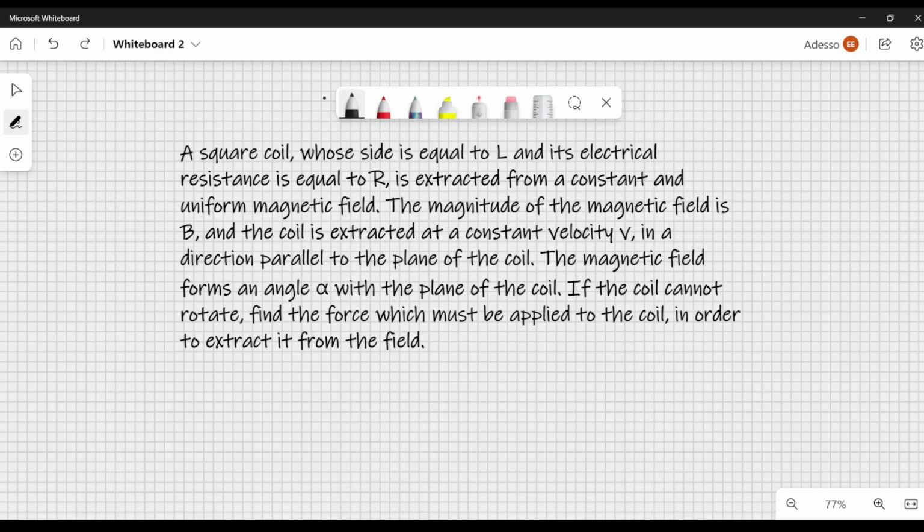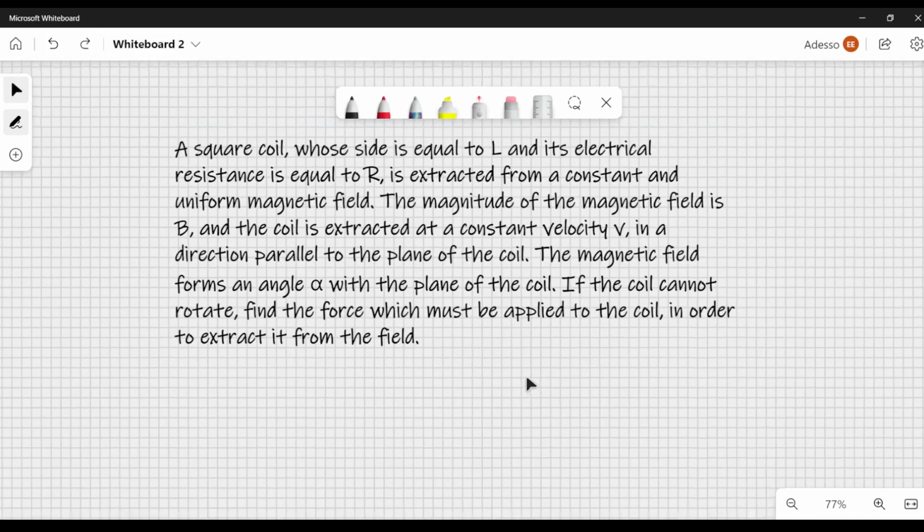So I have translated the problem and first we will read it and then we will solve it. It will not take too much. A square coil whose side is equal to capital L and its electrical resistance is equal to capital R is extracted from a constant and uniform magnetic field. The magnitude of the magnetic field is B, and the coil is extracted at a constant velocity v in a direction which is parallel to the plane of the coil. The magnetic field forms an angle alpha with the plane of the coil. If the coil cannot rotate, find the force which must be applied to the coil in order to extract it